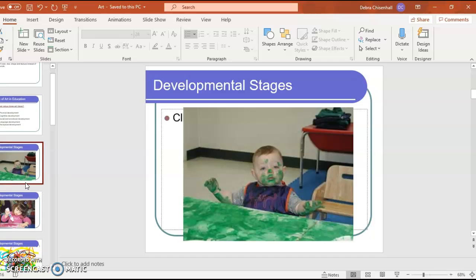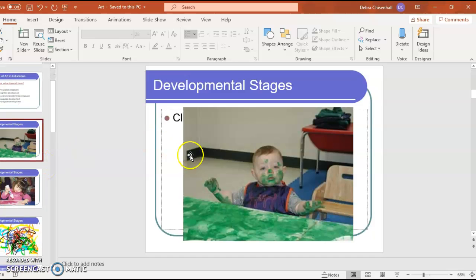Well, art moves through developmental stages. As we know with the little ones, art is a full body sport. It's a whole contact sport. They really like to get into their work. So it's so important that when we incorporate art with the little ones, we make sure everything is non-toxic and safe. We used to use things that could be edible, such as